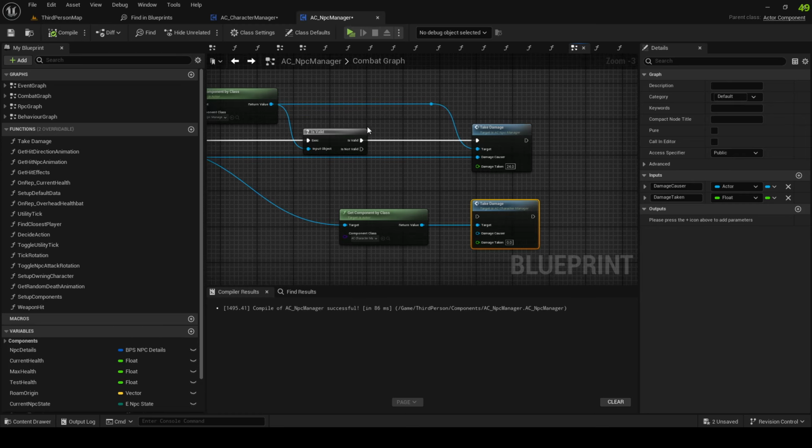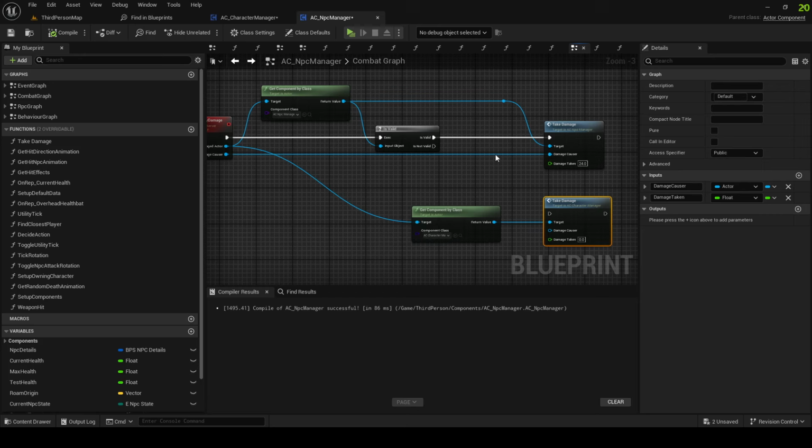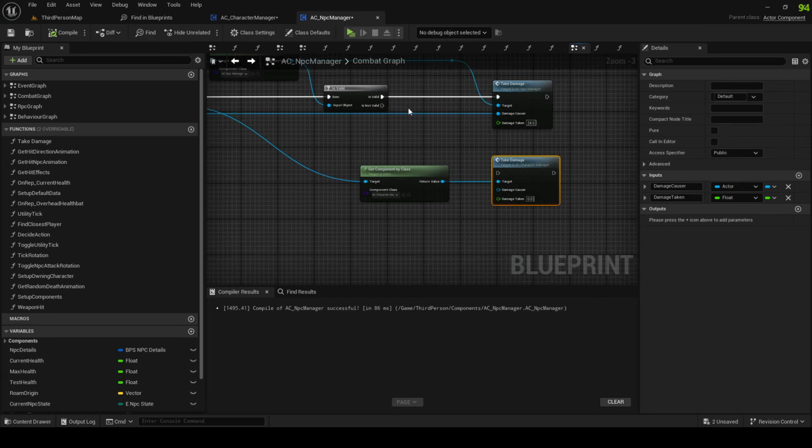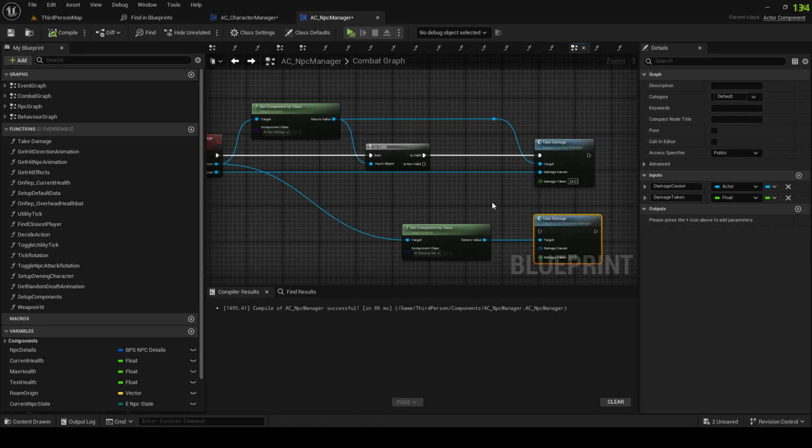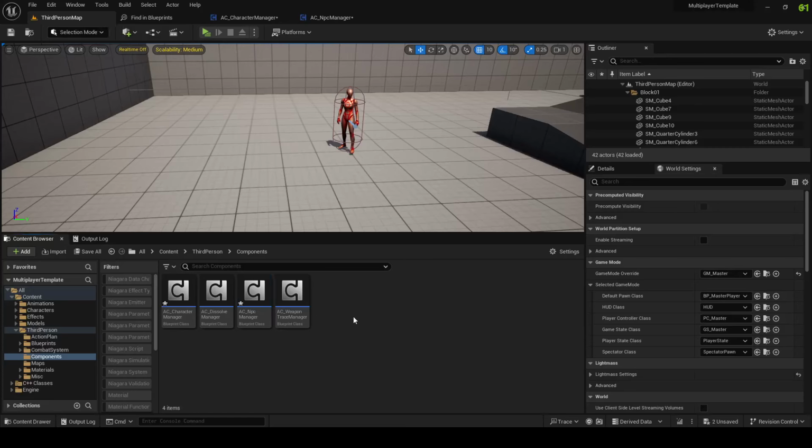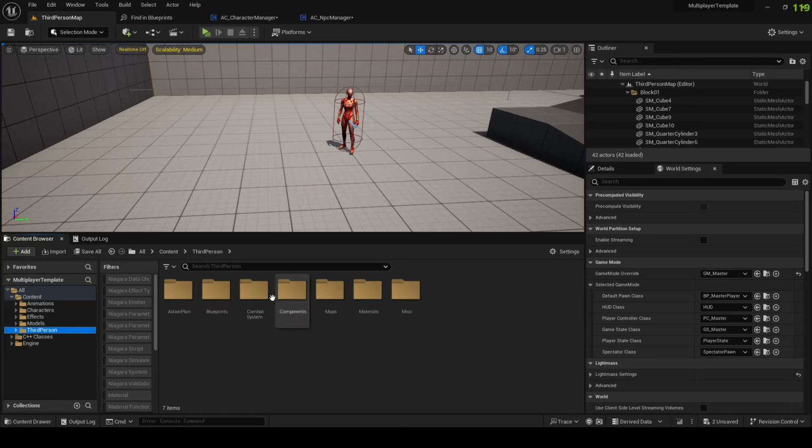Let's do an interface, because it's exactly the same, so there's no point in doing it twice, is there? And it's gonna be cleaner with an interface. So